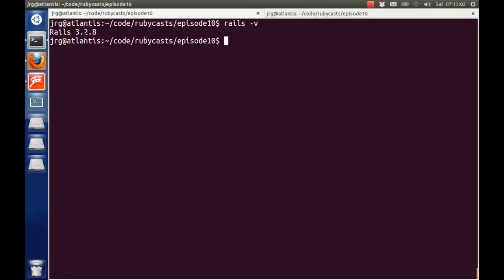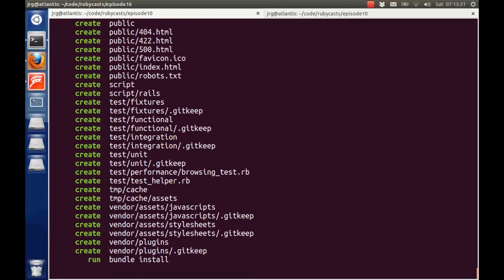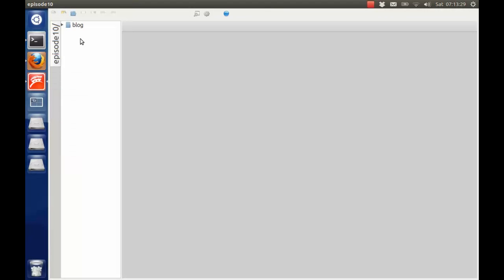So now let's create our first Rails application. A good starter application is kind of a blog thing where you have articles. Articles have a title and a body, and they have some basic model validations. So to create that, we're going to run rails new blog. And while we're waiting for that to finish, we're going to open up our editor and look in the blog